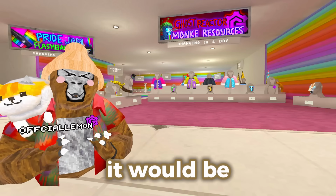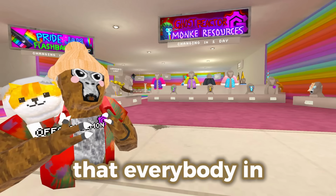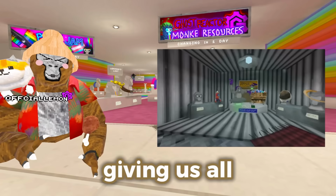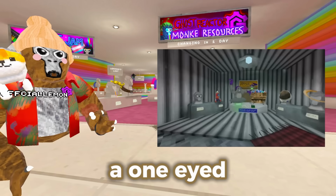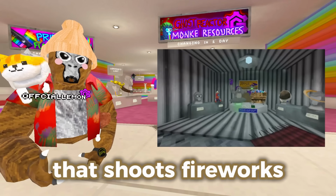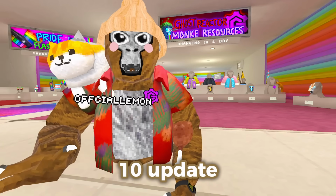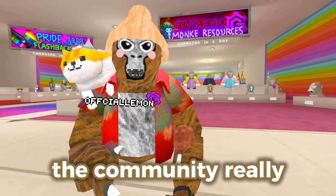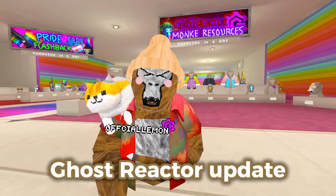But anyway, yeah, it would be kind of crazy if we did get something like that, because think about it, a Gorilla Tag space update that everybody in the community has been wanting, giving us all sorts of cosmetics like a nebula fur, a space monkey bundle, a one-eyed face, a Saturn ring around your head, a red rocket that shoots fireworks, and so much more. This just seems like a genuine 10 out of 10 update, and it seems like the type of update the community really needs. I mean, the last good update we've received was the Ghost Reactor update, and that gave us